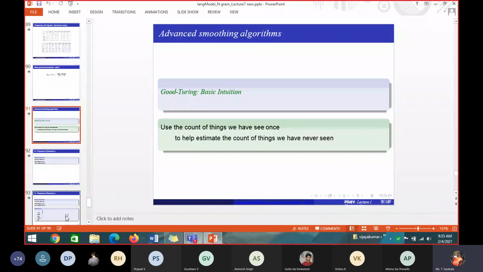Here, to find the probability of the 0 count value, I use the 1 count. The 1-gram is used to find 0-grams, 2-grams are used to find 1-grams, 3-grams are used to find 2-grams. Like that, each level is used to find the previous level probability. So the 0-gram probability can be solved using the 1-gram probability. If I want to find what the probability should be for a word that I have not seen in the training data, what will its count be?